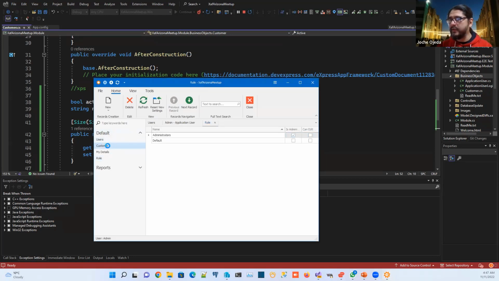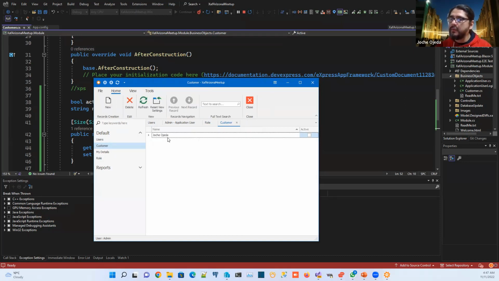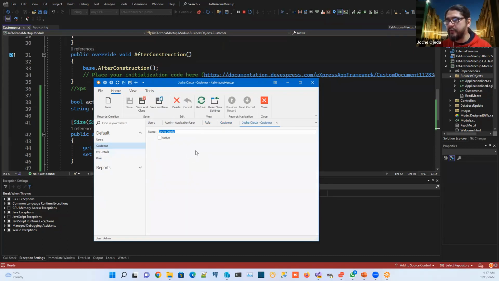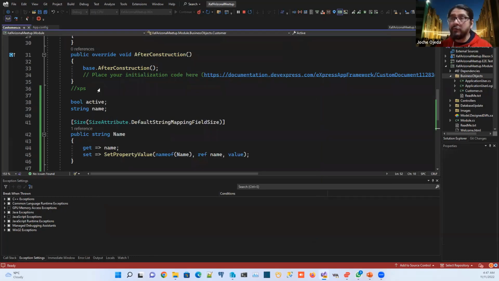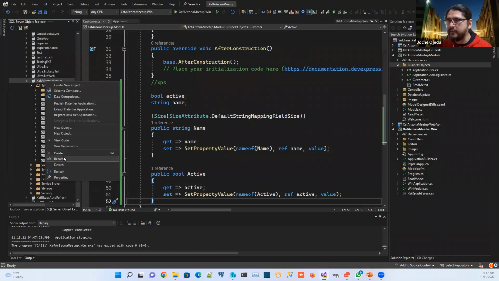So we have customers in here and we can create one. This will be me. And we have the list and then the other type of view, which is the detail view, which is a form. So see how simple it is to include new entities. And when you refresh this,